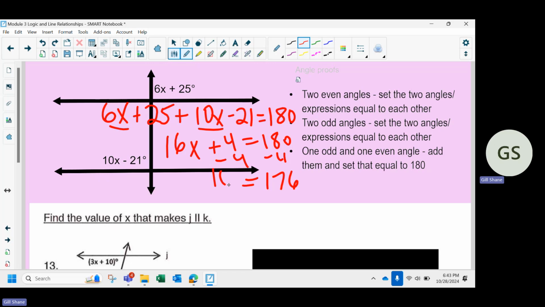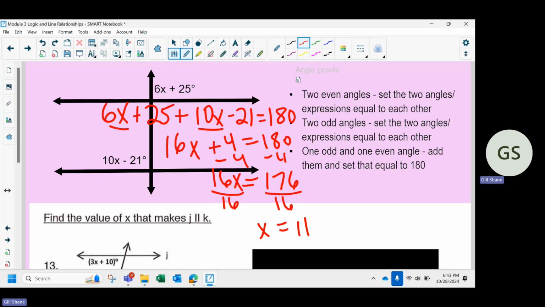176 equals 16x. So you should have gotten all of this. And I'm pretty sure, if I remember, I'm not going to do it in a calculator, but I'm pretty sure that that is 11. And then, I don't even know if I mentioned it in the video, but don't forget to check the question. Because in one of the questions, it did say, what is the measure of the angle, not just solve for